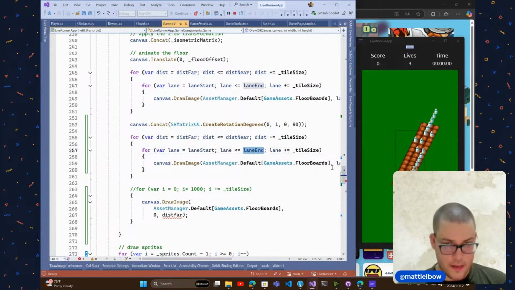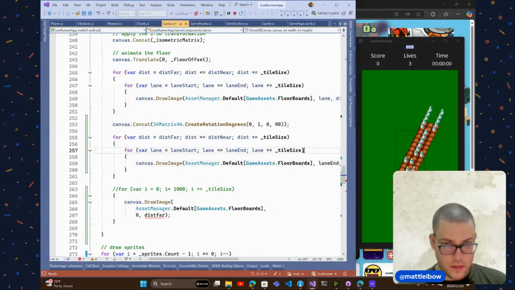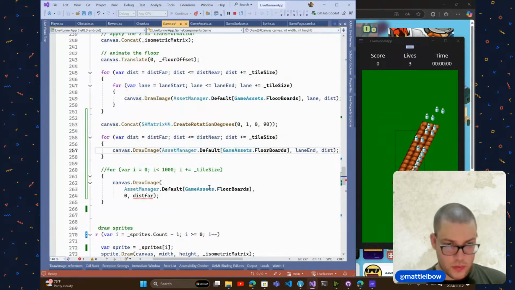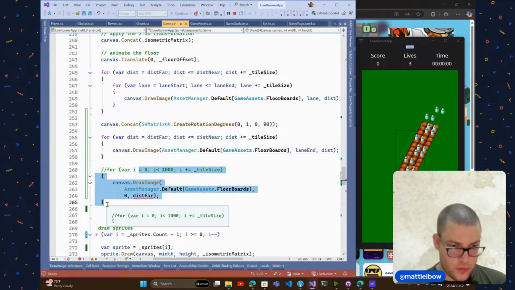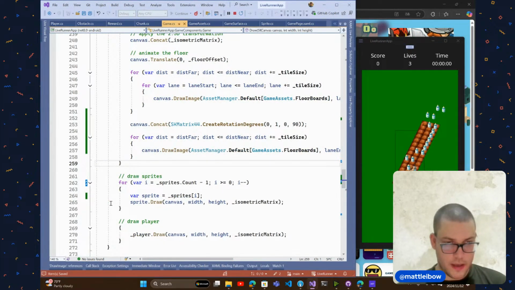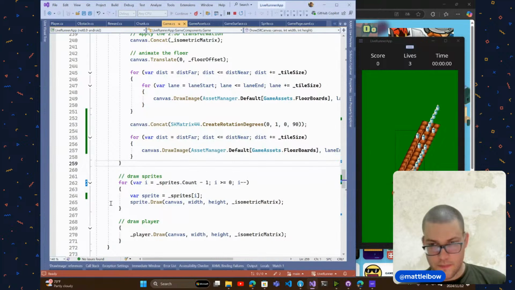Lane N. Go. Cool. So I believe if we were to remove that quickly, that's what we want. I don't quite know why I just didn't do that in the beginning. So now I have a strip from the far to the close,